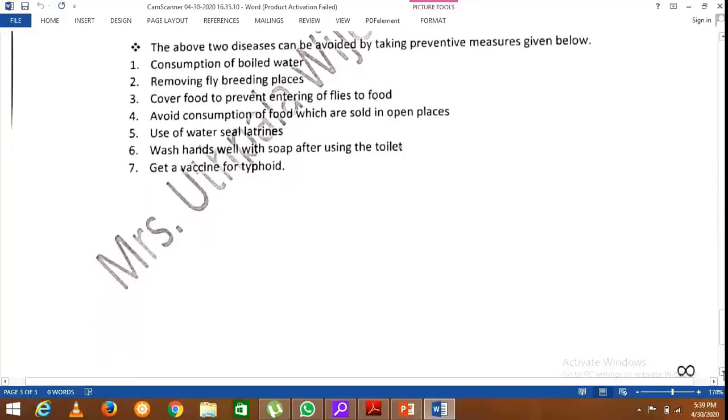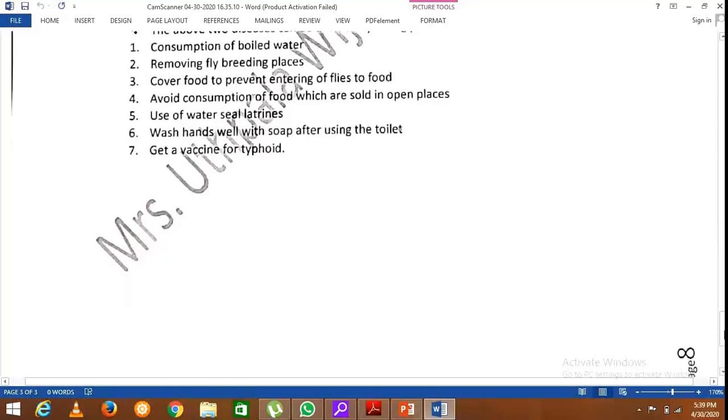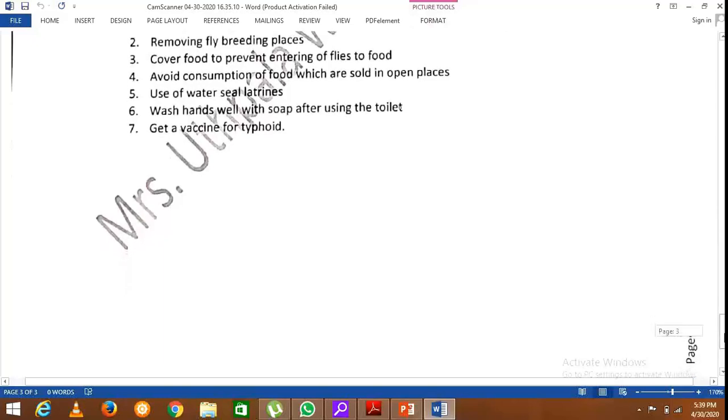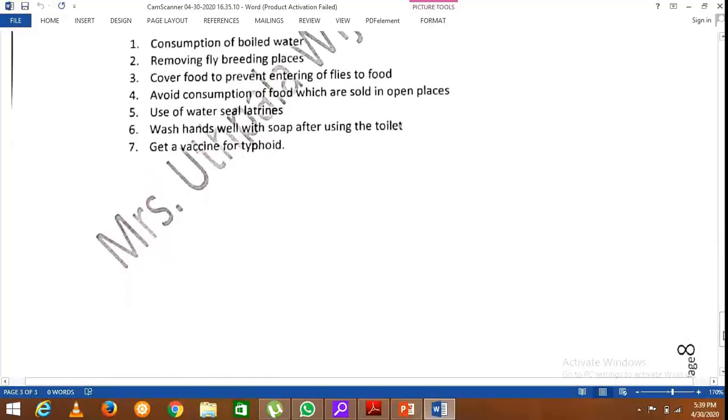So, by learning about the functioning of the digestive system, you will be able to have an idea about its structure, how it functions, and how to avoid the diseases associated with the digestive system. So after studying this part, you can answer the past O-level paper questions which are associated with this